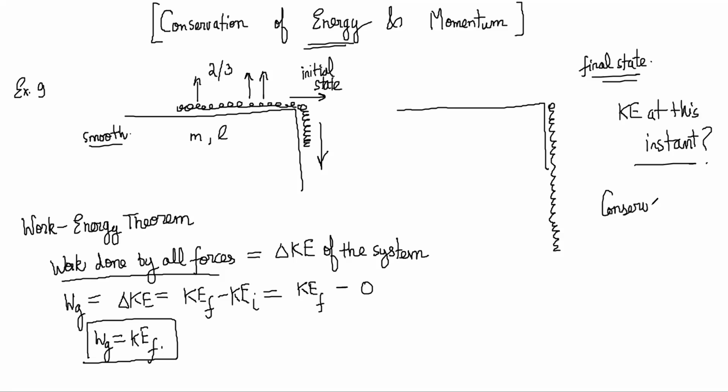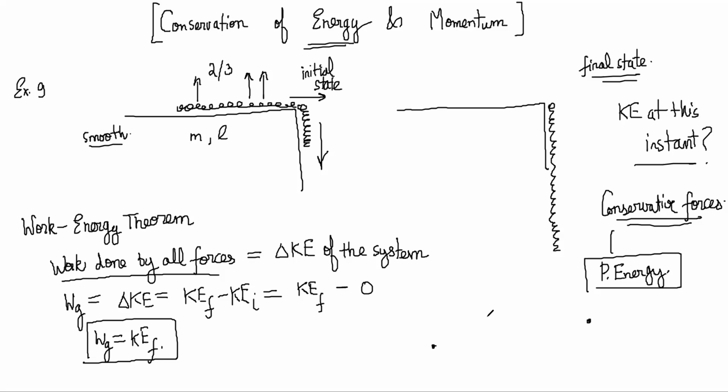conservative and non-conservative forces, right? Conservative forces are those in which the work done does not depend on the path taken. The work done depends only on the initial state and the final state. So gravity is a conservative force, and for all conservative forces, you can technically define a potential energy. So potential energy makes sense only for conservative forces because if your work done on going from this point to this point